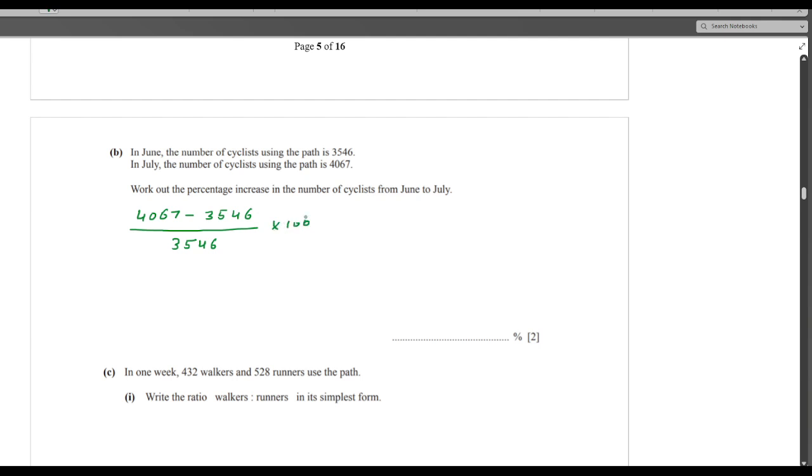You will find the difference, divide that difference by the number of cyclists in June and multiply it by 100. So 4067 minus 3546, divided by 3546, multiplied by 100. So 14.69